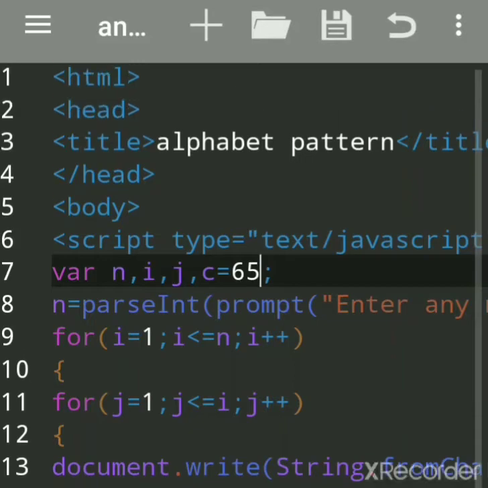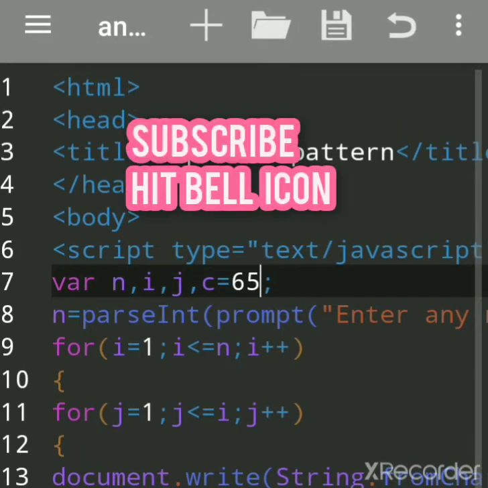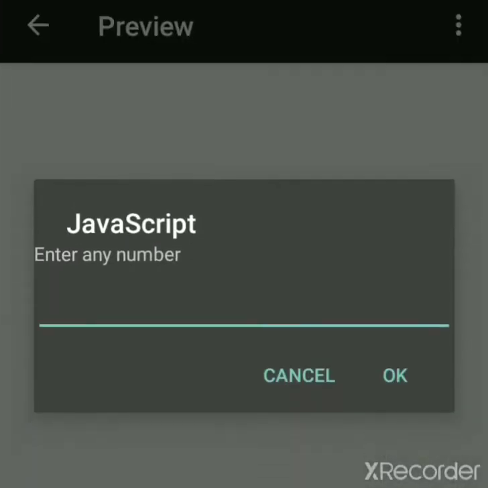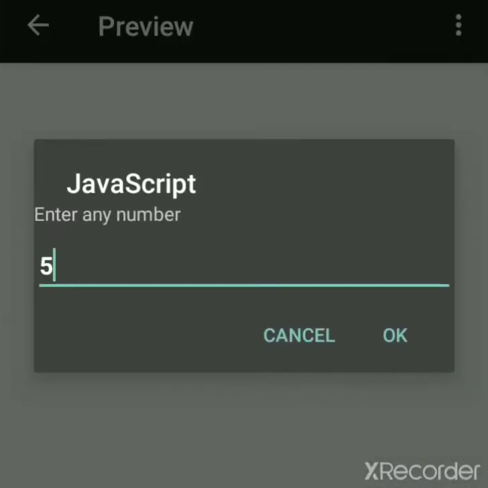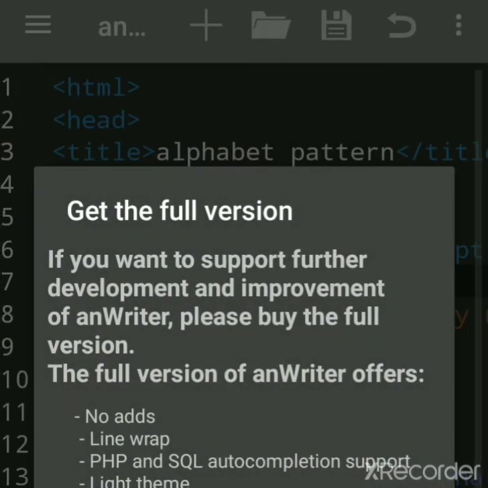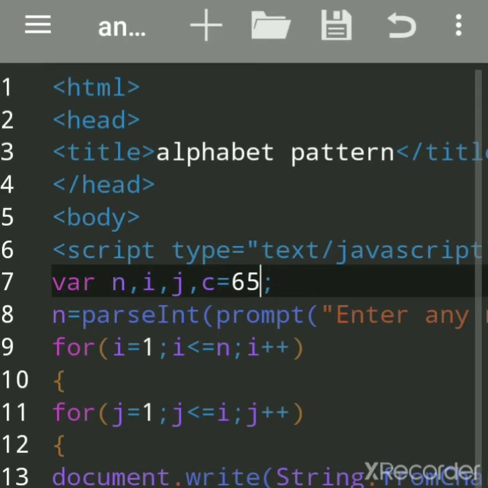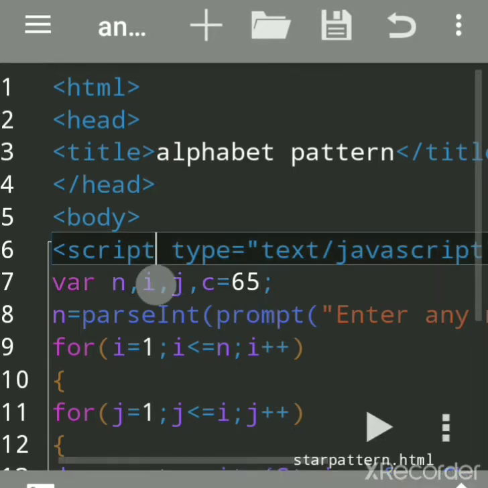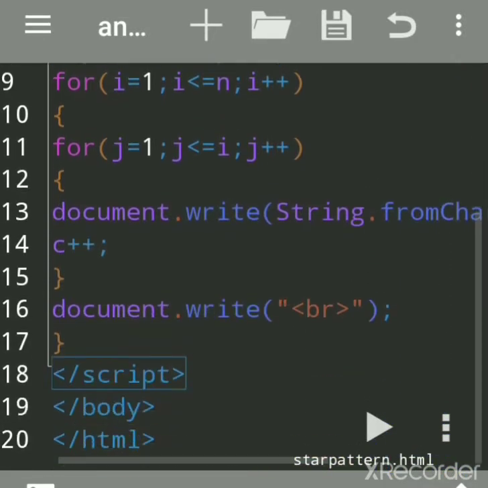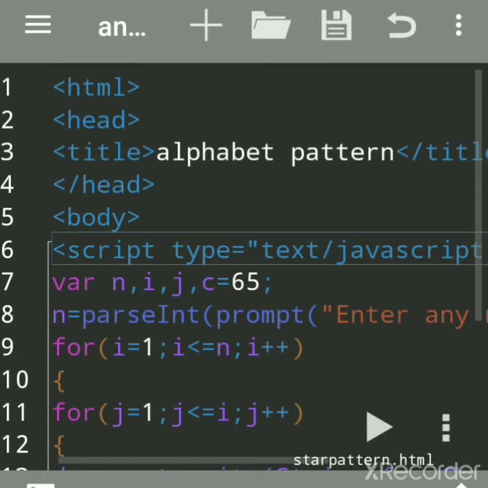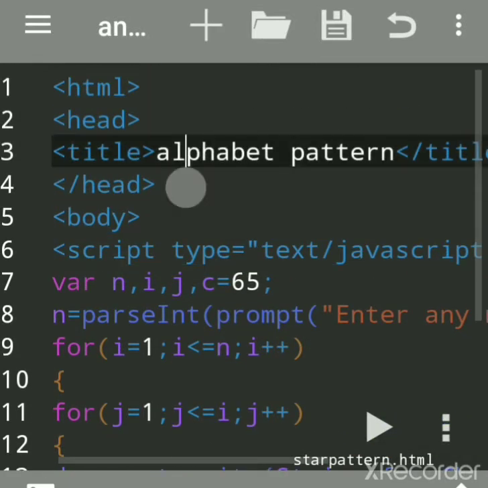We'll see how to print a half pyramid in alphabetical form, this way. Suppose I say I want till 5 lines. So this is a half pyramid in alphabetical form. You have to write every JavaScript code between the script tag in the head section or body section of HTML,